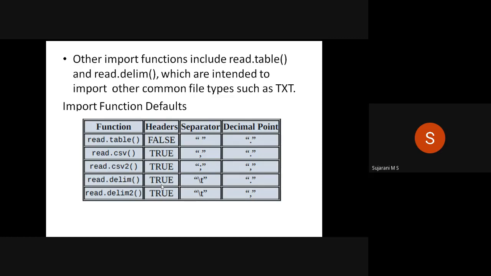That means if you are using the read.table function, by default the header value will be false.